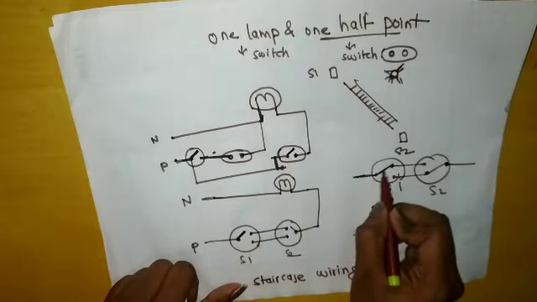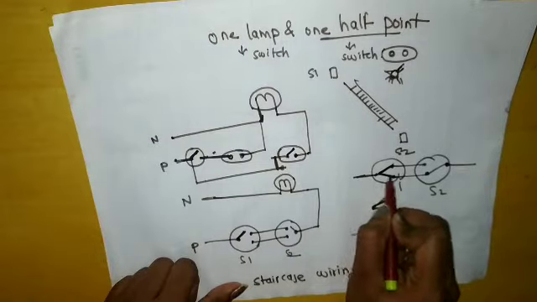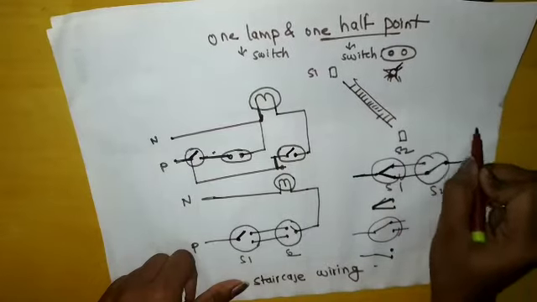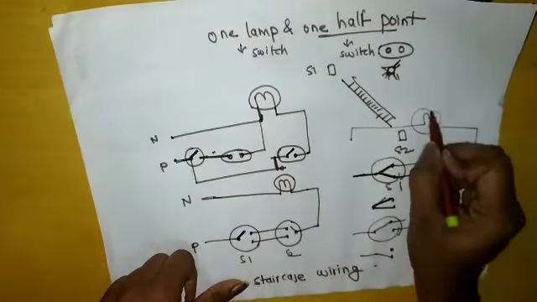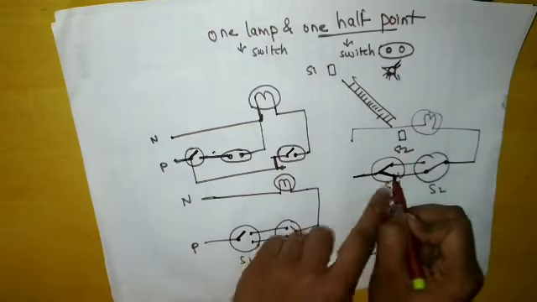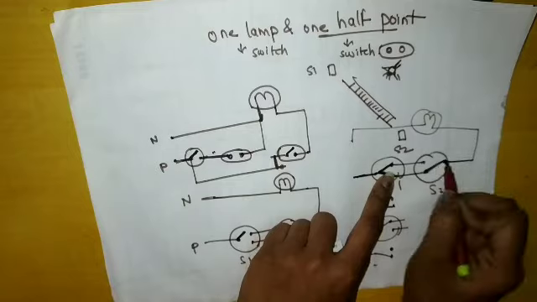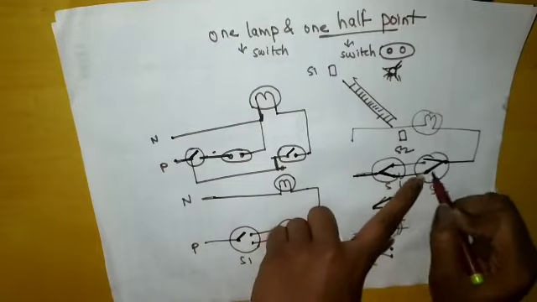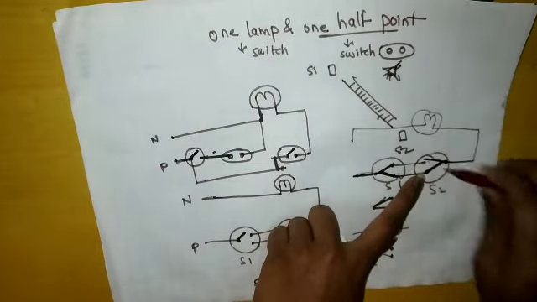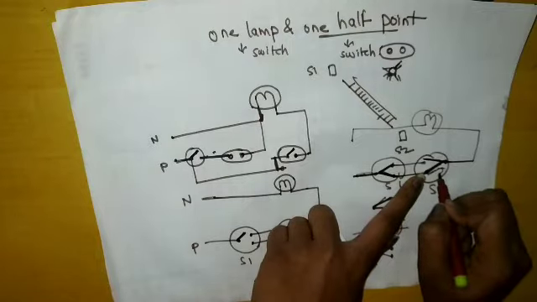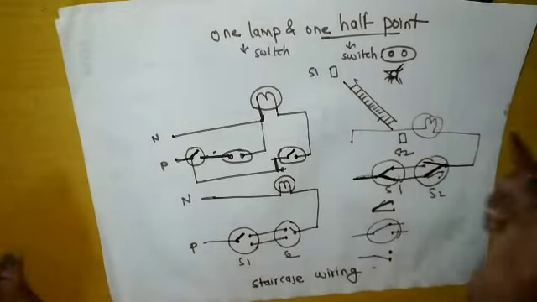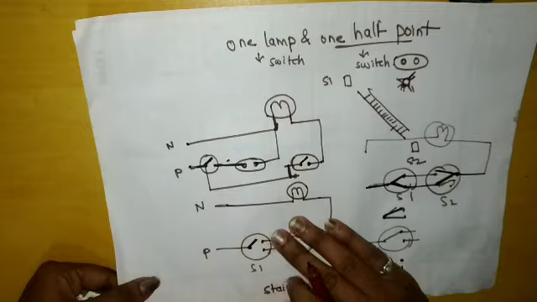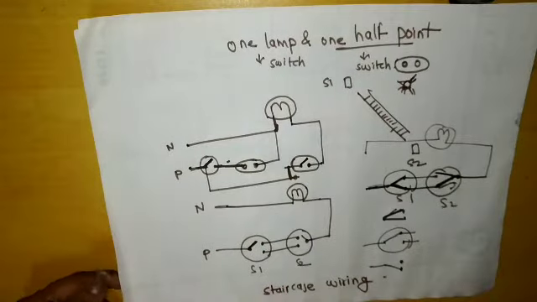So it will go this way, right? Our current will flow, the circuit gets completed through this bulb, and our bulb will glow. This will remain in this position, but whenever the person comes here and turns it off, then this position will change to that position. Now the current will come, but this position has changed, so the current cannot flow forward. That means there will be no current flowing and the bulb will stop. So this is how staircase wiring works. They are going to ask you to draw the diagrams, so just remember the diagrams.